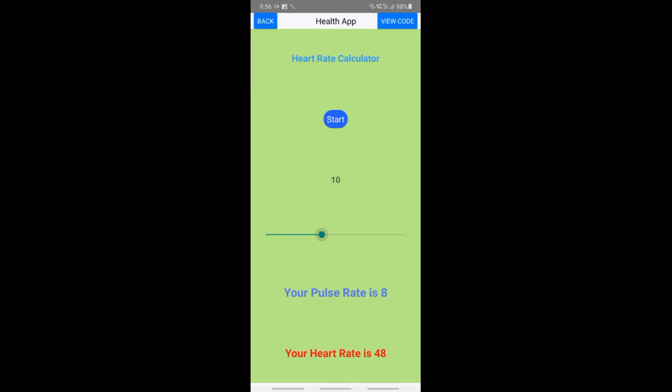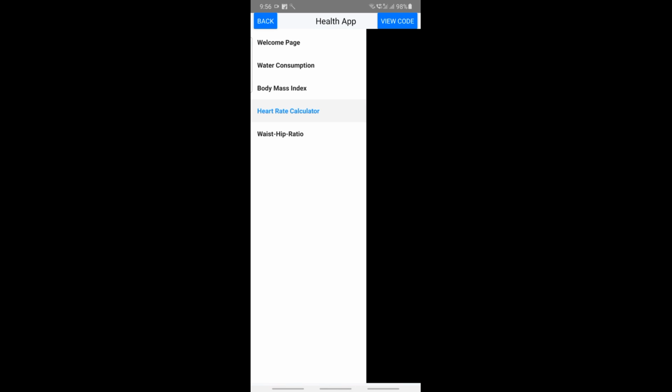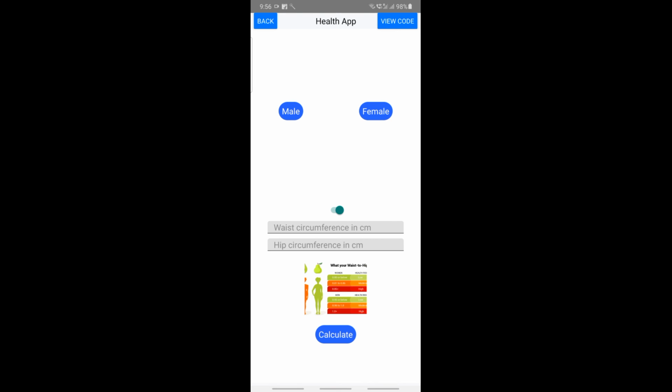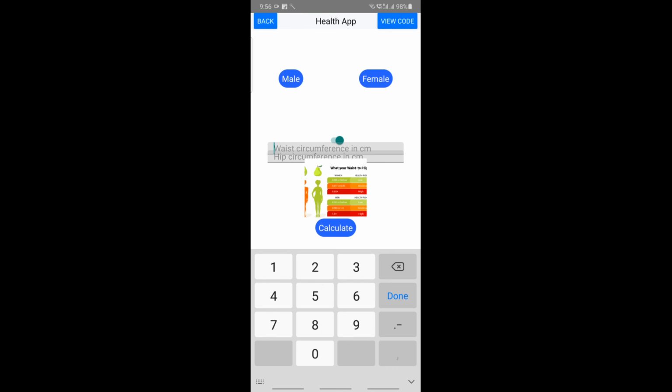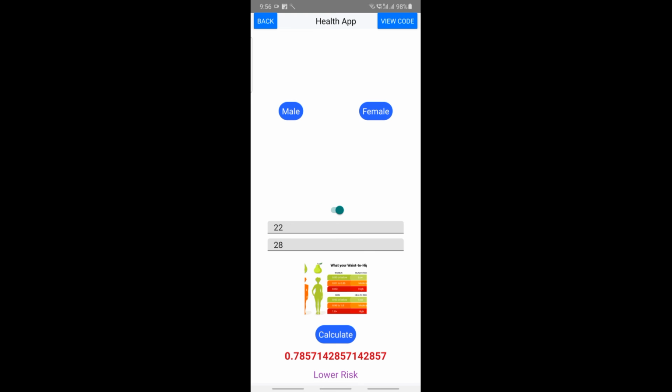So I changed my pulse rate to 12. My heart rate is 72, which is a bit normal. And I go to waist hip ratio, and as the switch is on, I can turn it off to male, and I can again turn it on to female. For example, my waist circumference in centimeters is 22 and hip circumference is 28. I calculate, I have lower risk because it's 0.78 something, it's less than 0.8. So hope you like